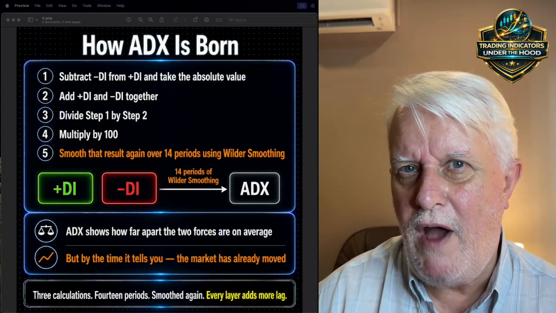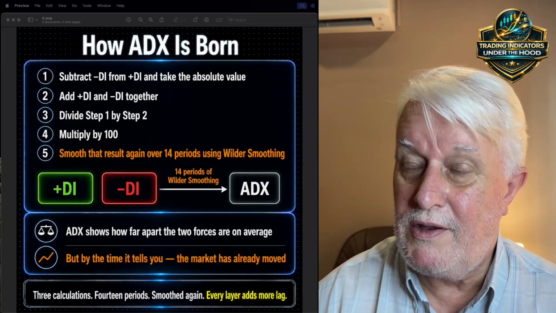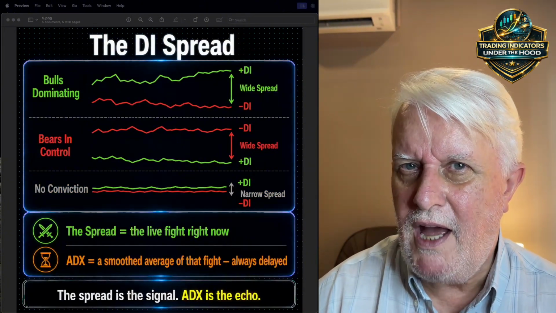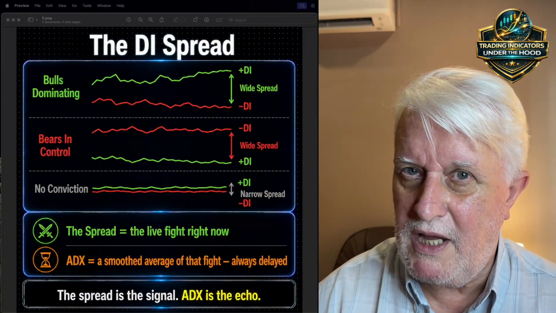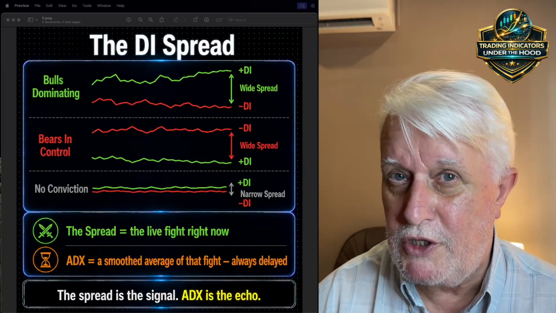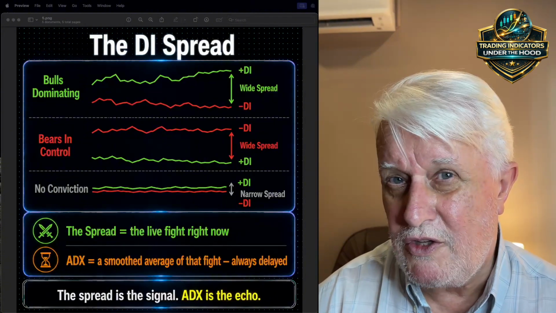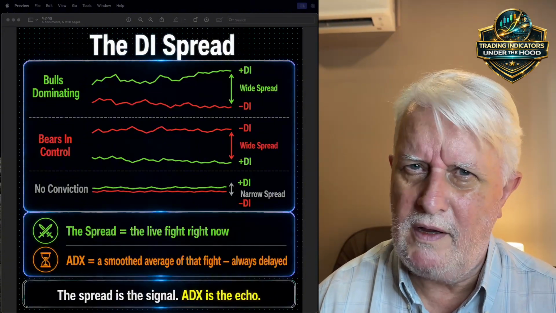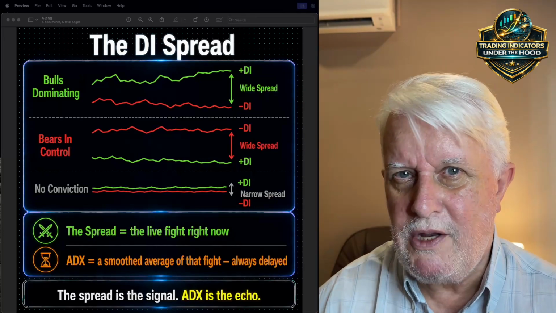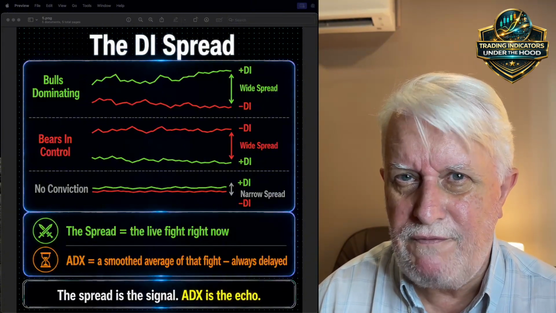It tells you how far apart the two forces are on average, but it tells you slowly, and that is the problem. So let's move to DI spread. The DI spread is the gap between plus DI and minus DI right now. If plus DI is well above minus DI, the bulls are dominating. If minus DI is above plus DI, bears are dominating. Lines close together, no conviction, market going nowhere. ADX is a smoothed average of that spread over time. The spread is the live fight, the ADX is the delayed report, and that delay has a very real cost